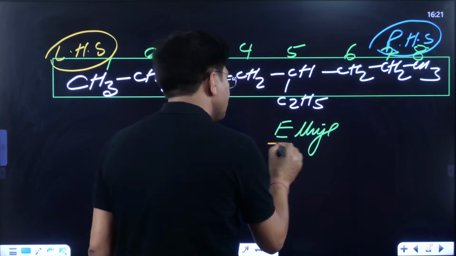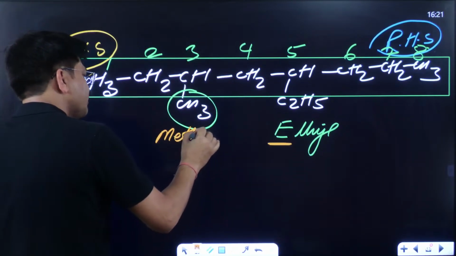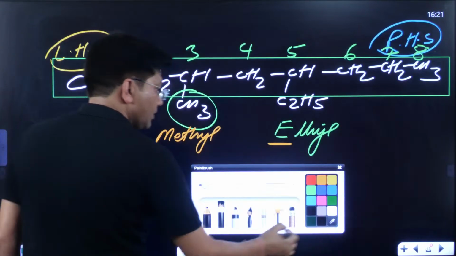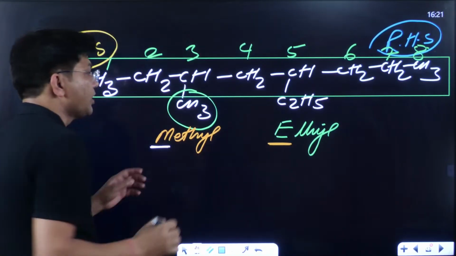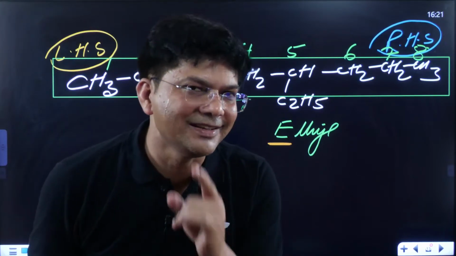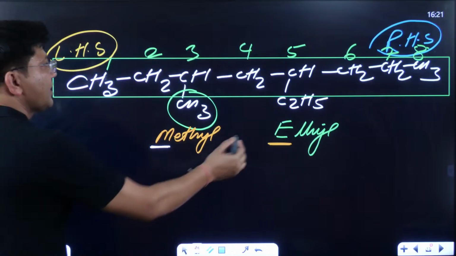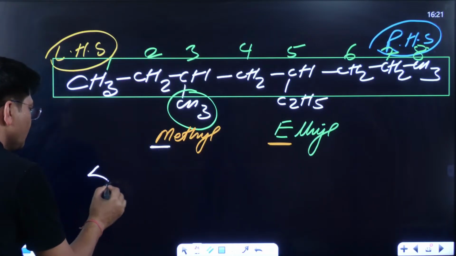Its name starts from E, and this is methyl, its name starts from M. Kids, the one which comes alphabetically first: A, B, C, D, E. E comes first, so we'll write ethyl. So the name is